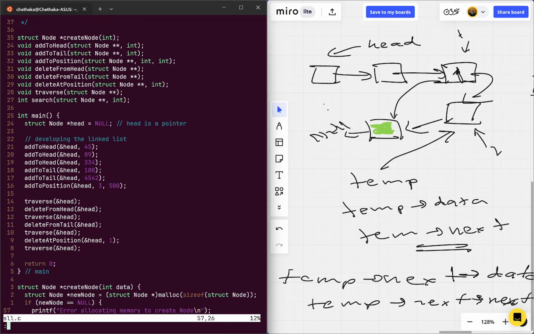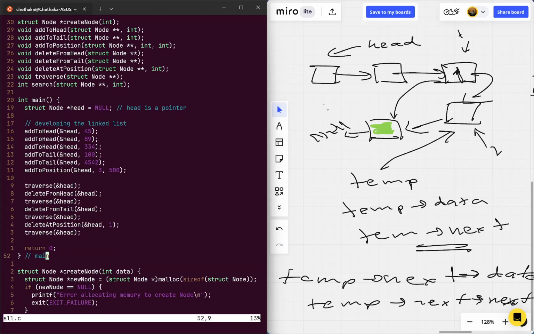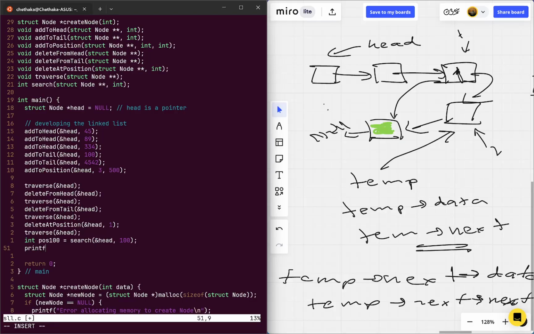Let's check the values. Let's see which values exist in our linked list so far. So we have 500, 189. So let's call the search function. And then I'm going to pass the memory address of head, and then I'm going to pass, let's say 100. And this one's going to return an integer. So let's call it post 100 so it's easy to understand. Then let's print the position. Printf position of 100 is,